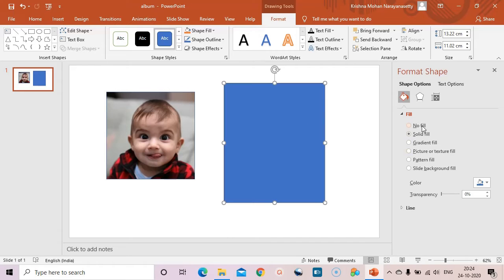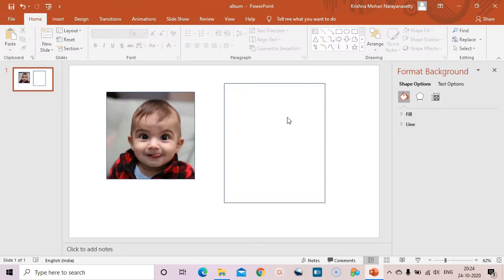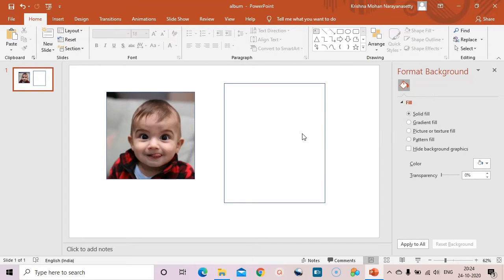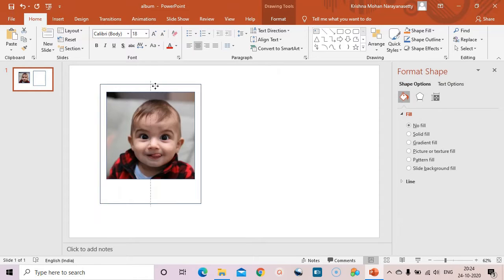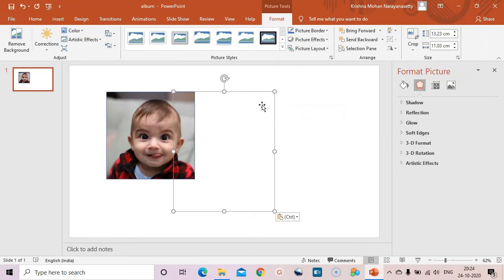No fill, I'm taking out the background fill, and I'm also removing the line, border line, no line. Then I'm cutting it and pasting it as a picture so that we can apply picture formatting.